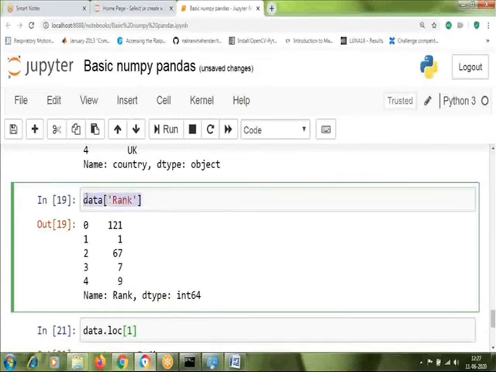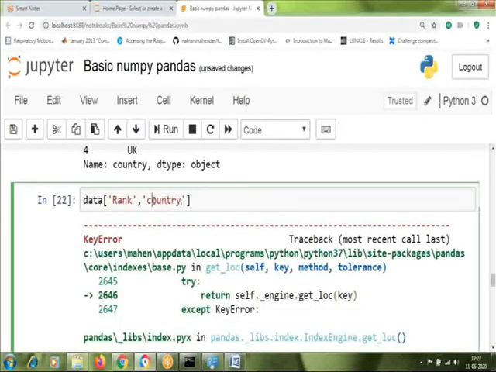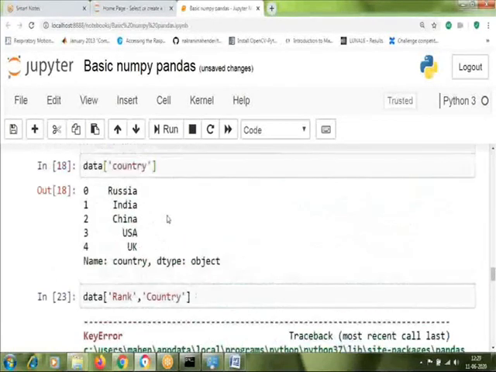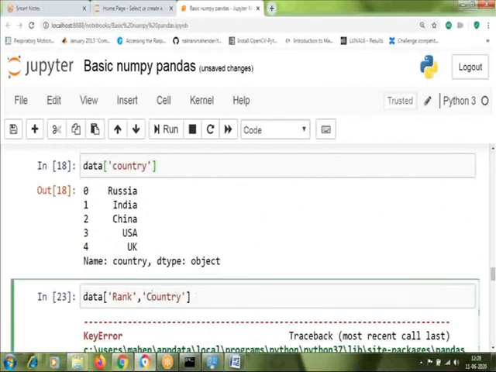Another way of using column names, which I prefer, is square brackets, because then you can have multiple columns together. To select multiple columns, you go with a comma, country, rank, and give double square brackets.